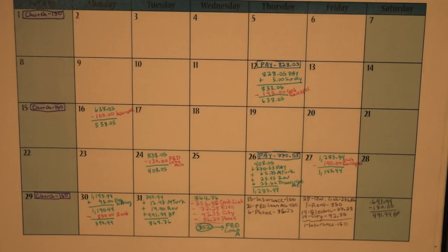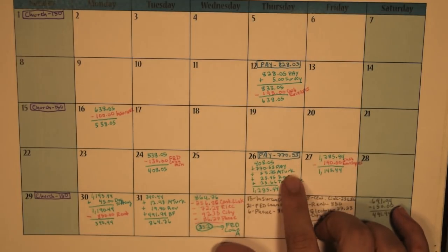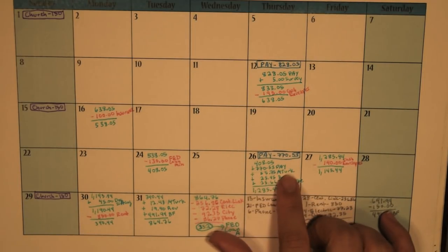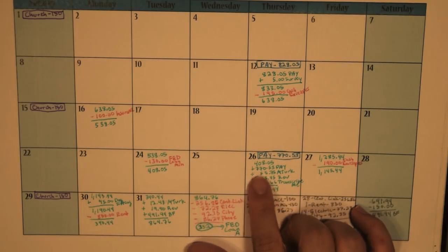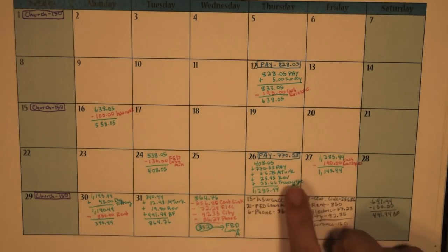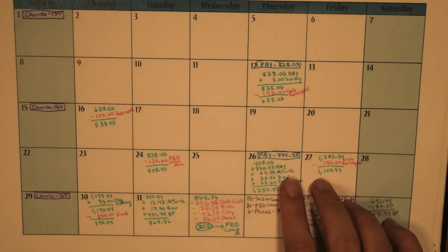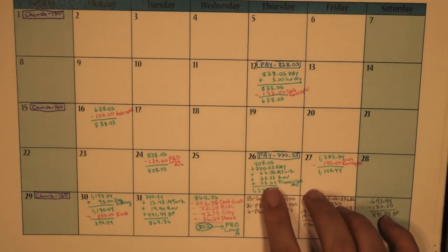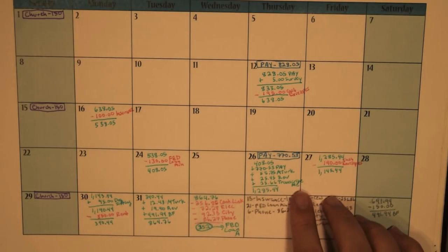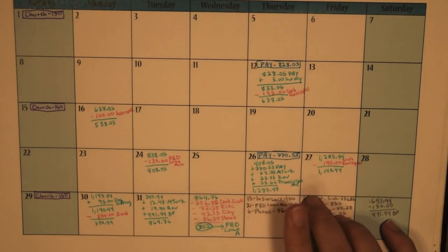$408.05. Then I got paid on the 26th, as well as a bunch of other stuff. That's where I ended up putting the line, because I was used to just adding in the paycheck. So I added in the $770.53 for my pay. Then I realized I also had to write down all this other stuff. I cashed out the first of my MTurk, so I got $55.75. Rev for $25.45 and Transcribe Me for $25.66. So then I had